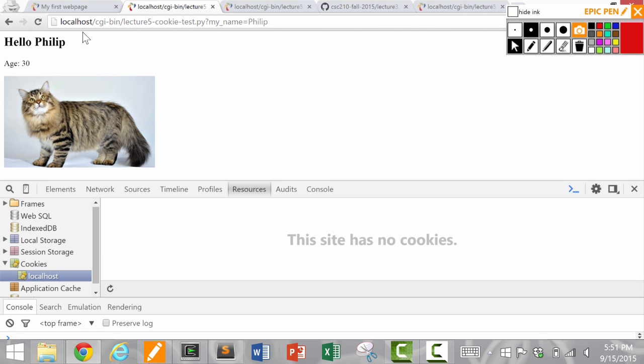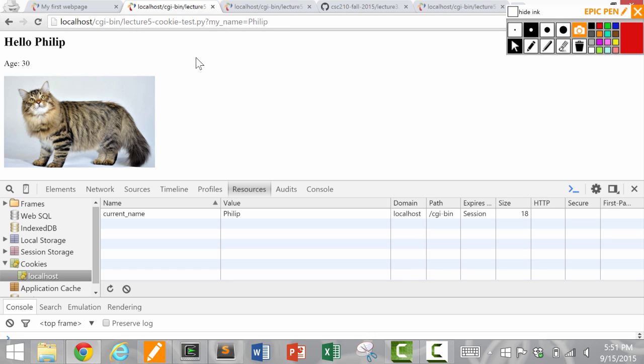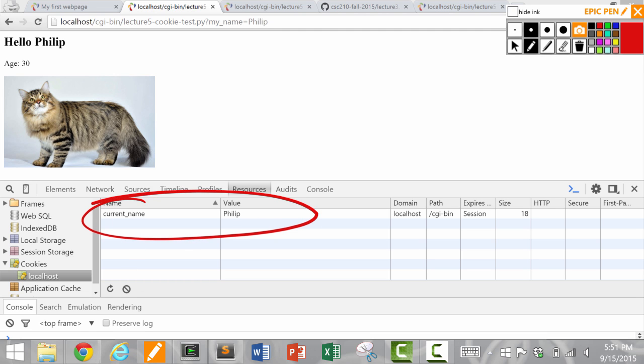Okay, so let's clear it. I'm going to reload. And now I see my page, and lo and behold, inside my browser, there is a cookie with current name set to my name. So now,